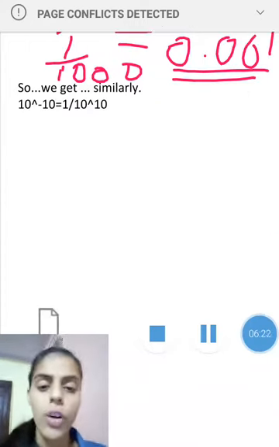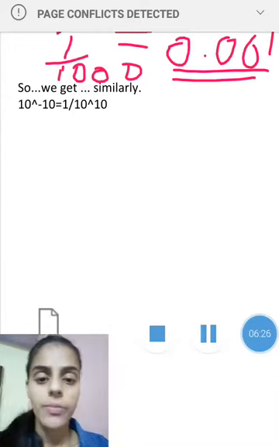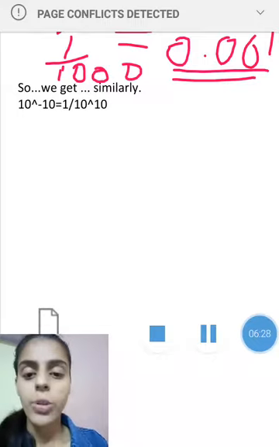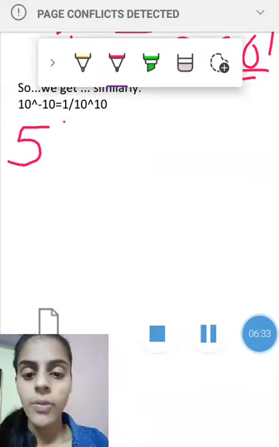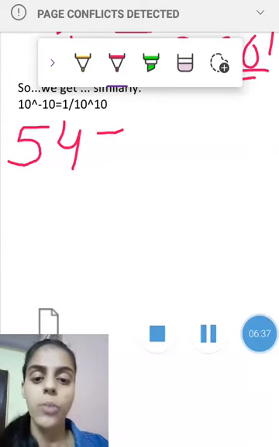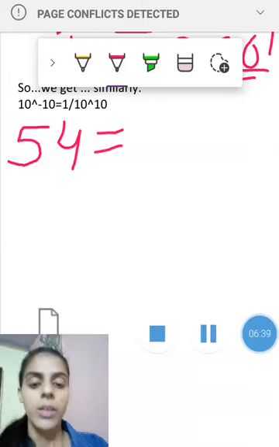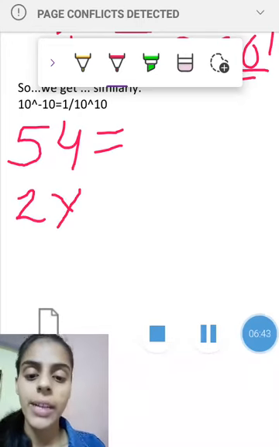So what about some numbers? Let me give you an example. Let's take 54. Let us take 54. How to write it in an exponential form? Simply, I can write its prime factors, that are 2 multiplied by 3 multiplied by